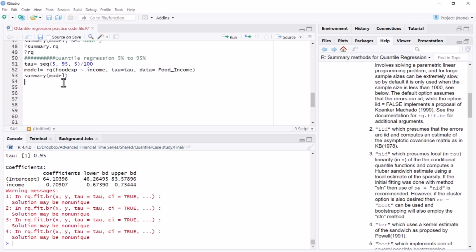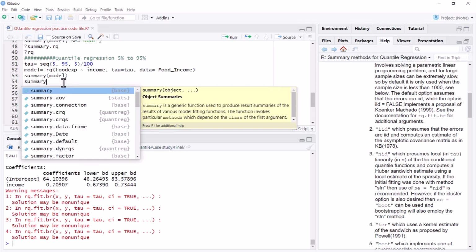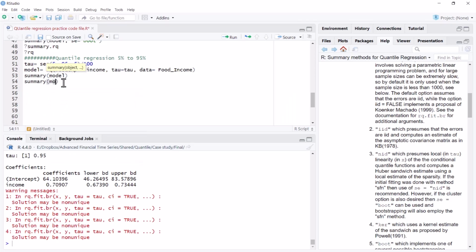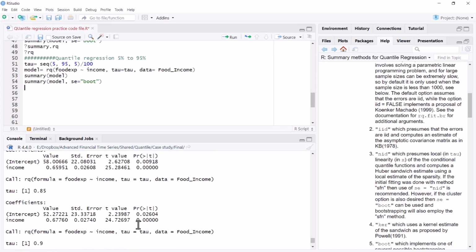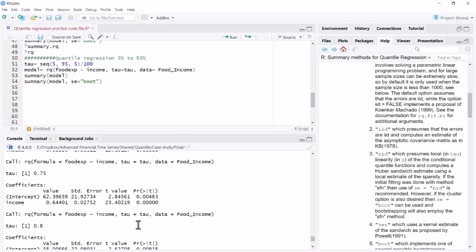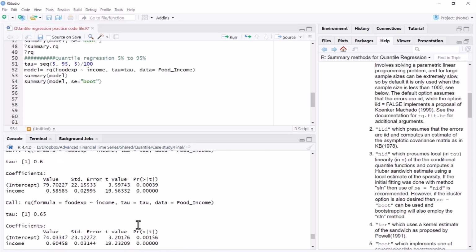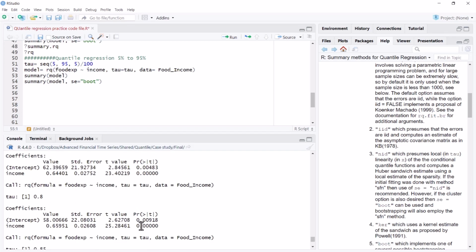Now if you want to attach the hypothesis testing, you can. The relationship is not homogeneous, it's heterogeneous. If I run it, you can also see the hypothesis testing, and my coefficients are very statistically significant. All these coefficients are statistically significant, and we can see there is considerable heterogeneity. At lower quantiles of food expenditure, a lower amount is spent on food, and at higher quantiles of expenditure, a higher percentage is spent on food.